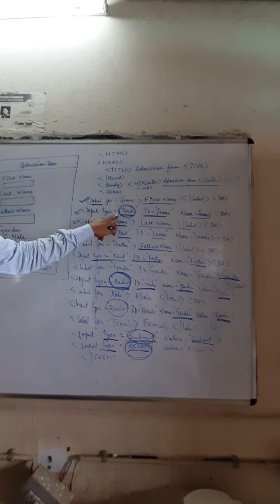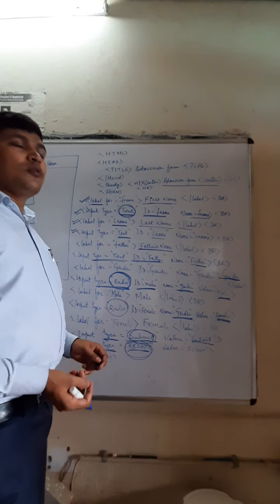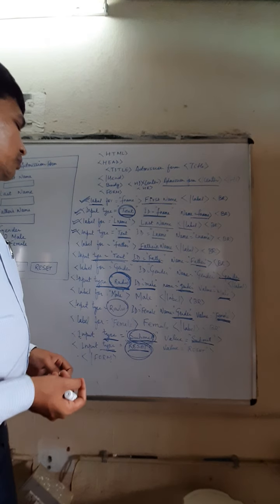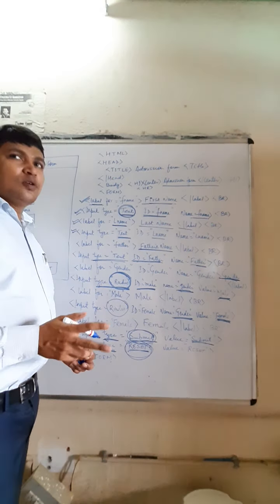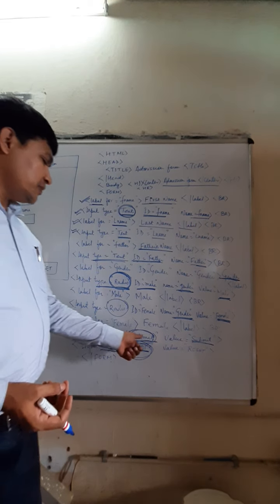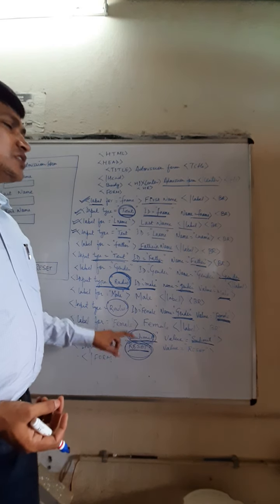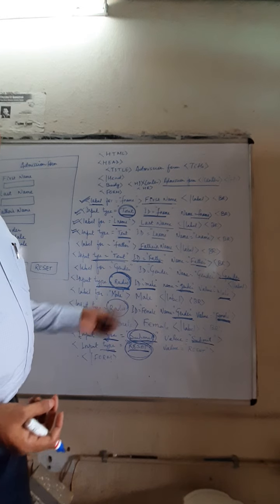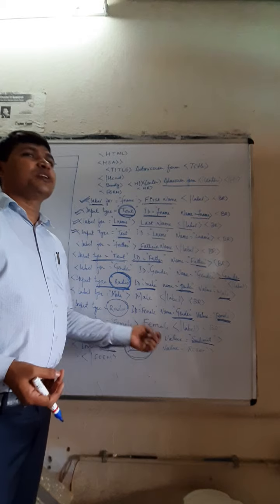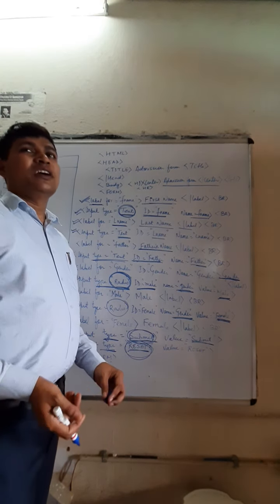The text will input the text only. The radio button will take the information either in option form 1 or 2. If you display options, then you can select only one of them, so the radio button is used. Then submit is to submit the information, and reset is to reset the information. The submit button will take the information that is input by the user and store it into the database file. And when you click on the reset button, whatever previous information has been entered by the user in the current form is totally reset.